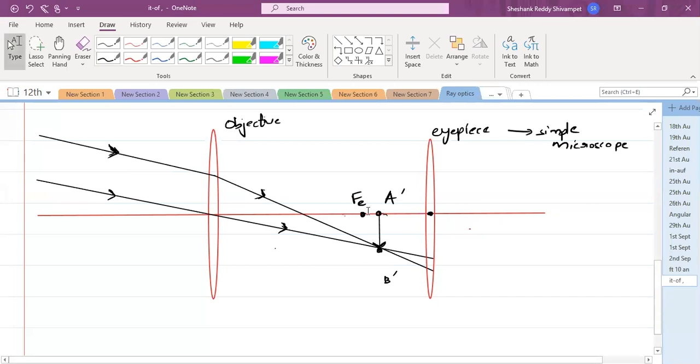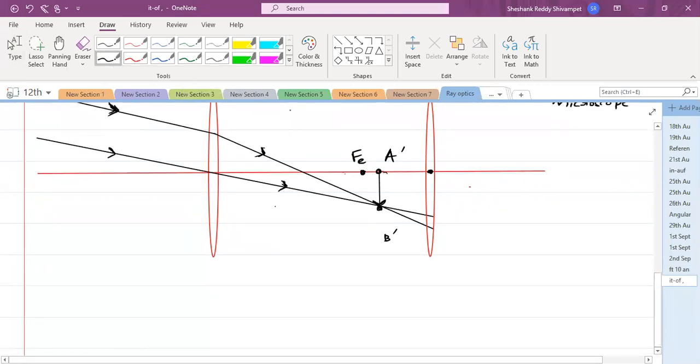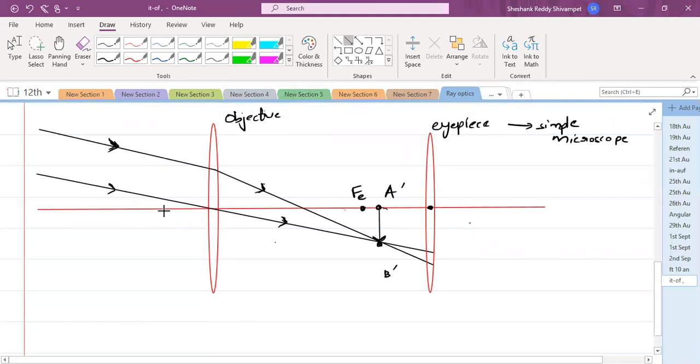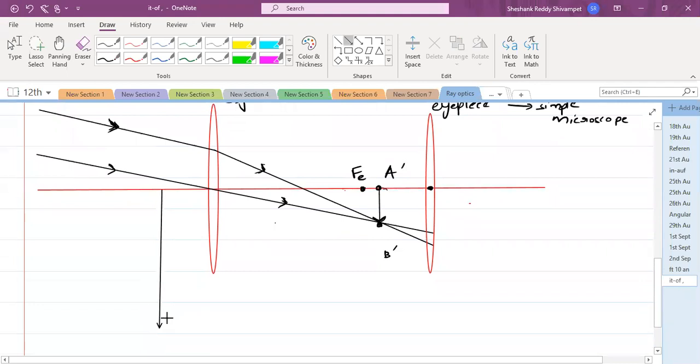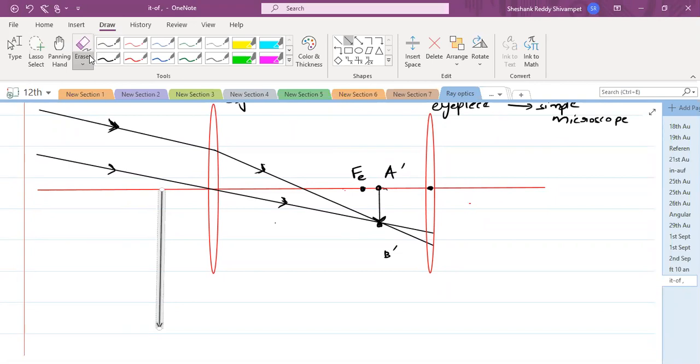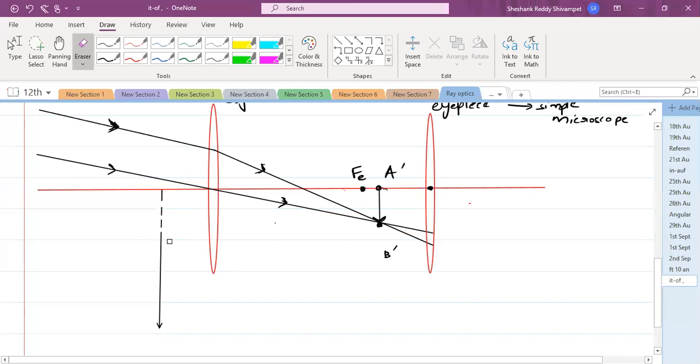Right, and इसी case में वो जो image मिलेगा, what will the image be? Image will be, मान लो यहाँ पे, let's suppose I'll just go with this. Let's suppose this is the image. So it will be magnified and then virtual also. मतलब inverted and virtual, right? If you look at it, it's inverted and virtual. So if I draw the rays, from this you have to extend it, okay?